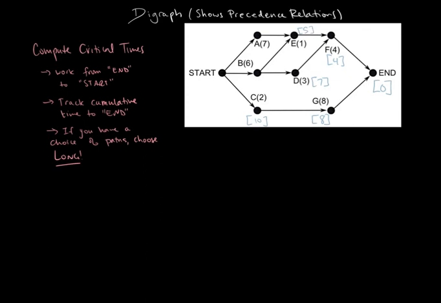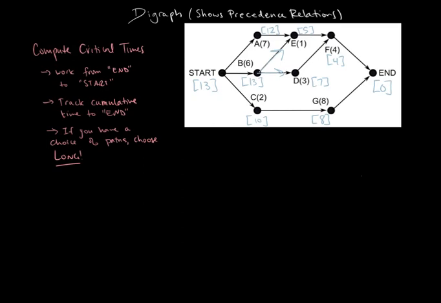Now looking at B, we have a choice. We could either go to E, or we could go to D. Anytime there's a choice, go long. 7 is bigger than 5. 6 plus 7 is 13, so B's critical time is going to be 13. A is going to be 7 plus 5, or 12. And the overall critical time is just the biggest number for the start vertex, so we're going to grab 13